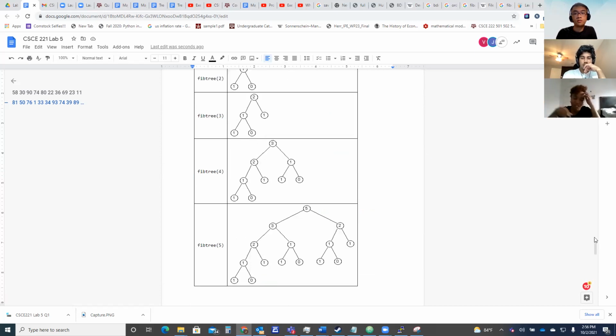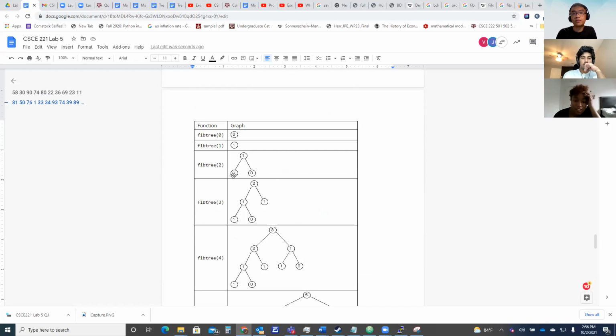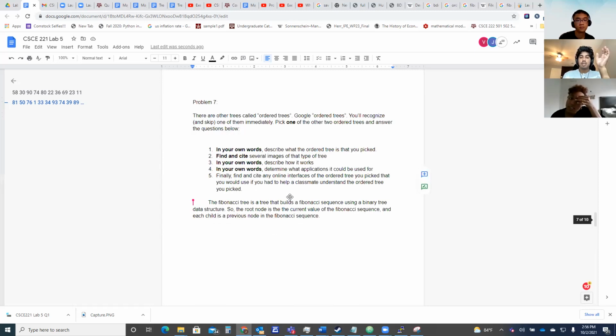Yeah, so the node on the left is the previous child, and the node on the right is the second previous child. So for example, 3 is 2 plus 1, 2 is the previous one, and 1 is 2 terms before it. And so that's how it's made. Oh, I see what you're saying. Okay. Yeah, so each child is